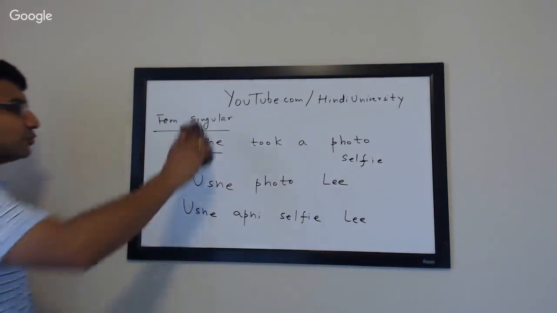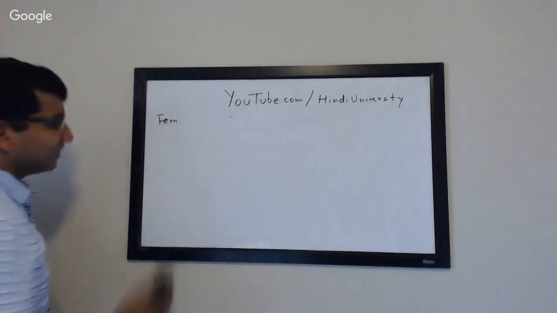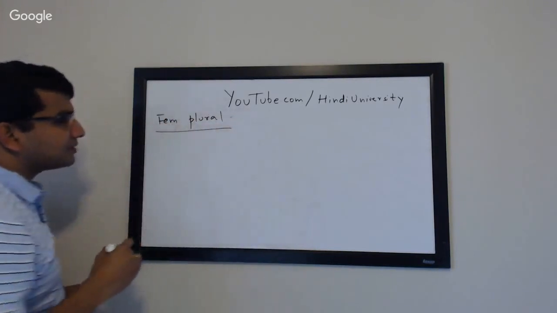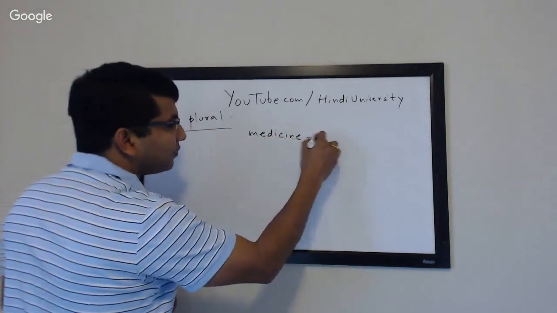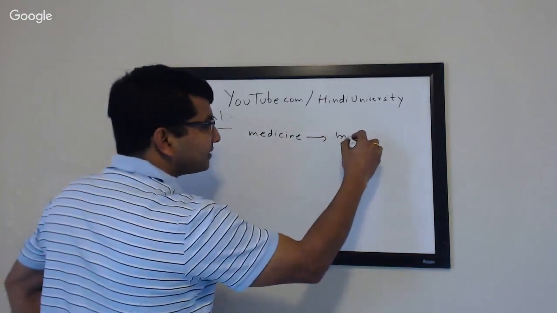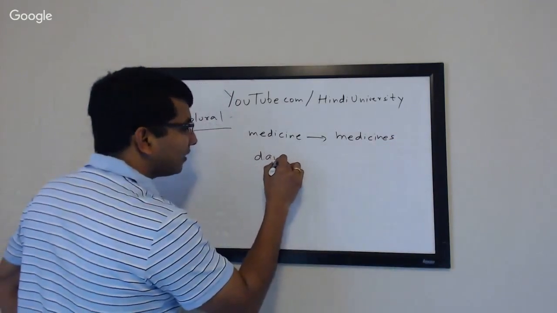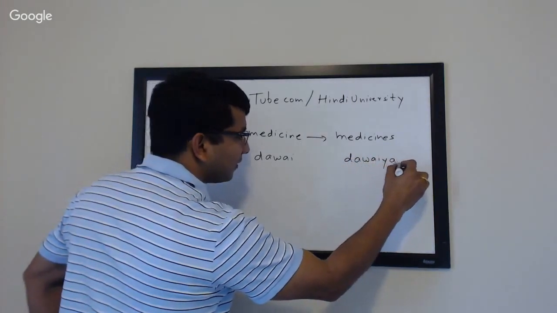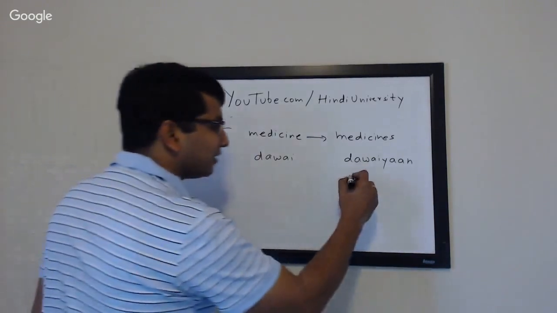Now we'll do the last one, which is plural. I hope this is making sense and now you guys are following. So this is nothing but all the things that they've done, right? Medicine was singular. You have to use this in some of the sentences and you have to call it medicines. So where we had dawa, for plural it would be dawaiyan, right? So where we said she took a medicine, if she's taking multiple medicines, you can say dawaiyan,